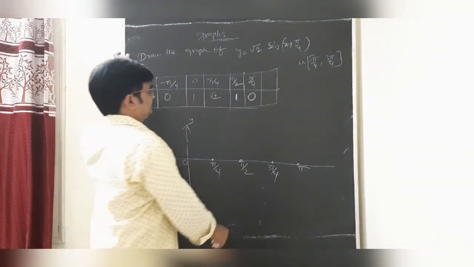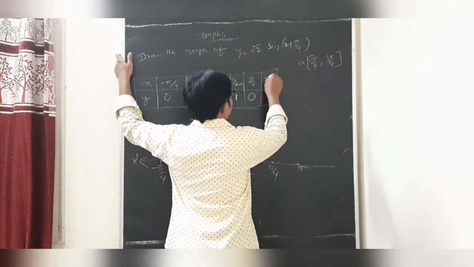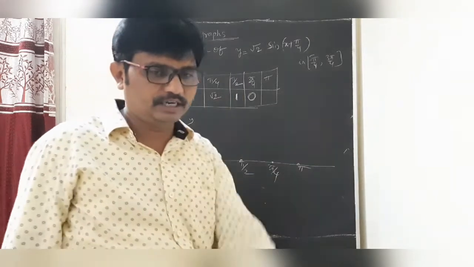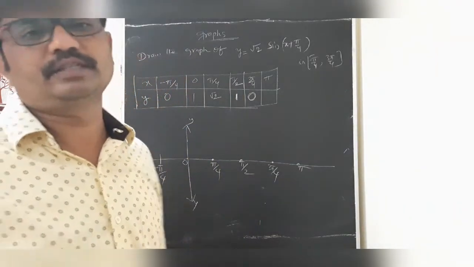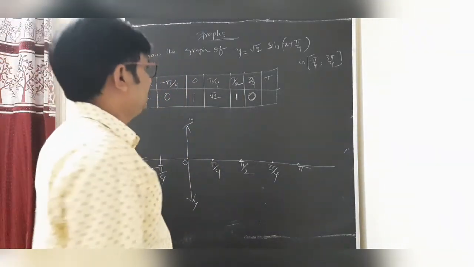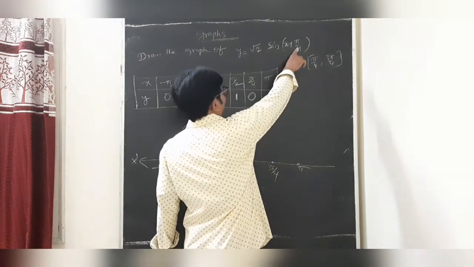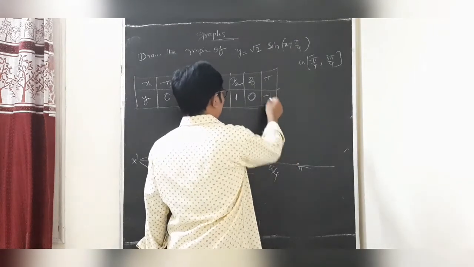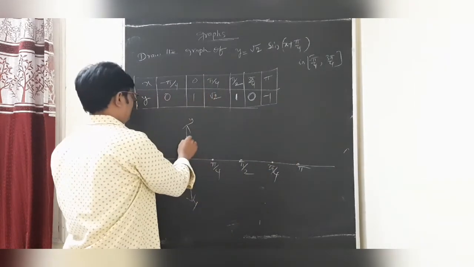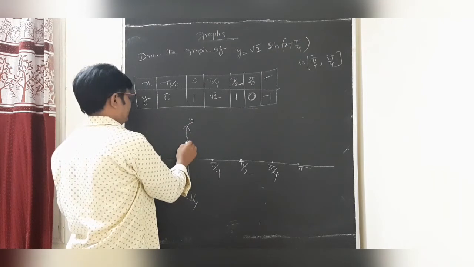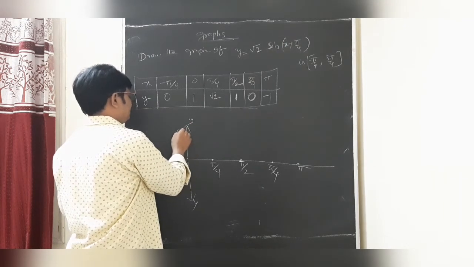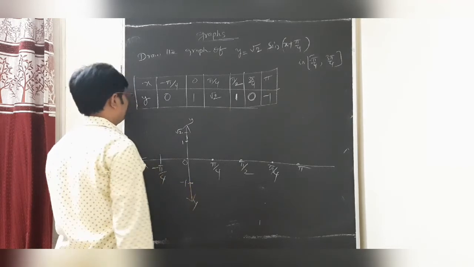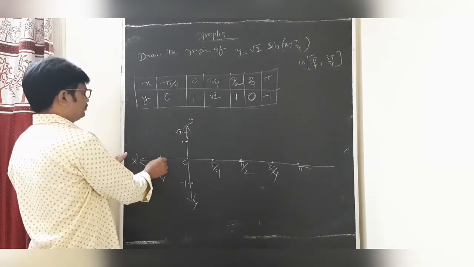Finally, there is pi. So dear students, everybody knows that sin of 180 plus theta is minus sin theta. Sin of minus 45 is minus 1 by root 2, cancel, minus 1. So students, up to here we are taking this, this is also root 2, and undoubtedly there is minus 1.